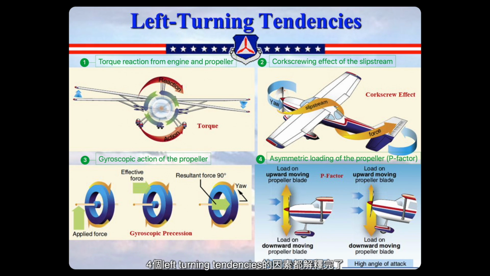好，嚟到呢度4個 left turning tendency 嘅因素都解釋完啦。希望呢條影片能夠幫助到大家理解咩係 left turning tendencies。